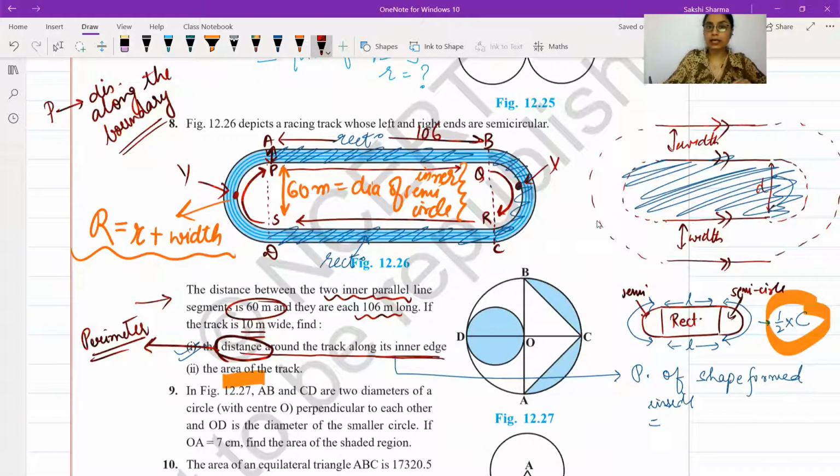So the area of this rectangle will come to 106 multiplied with 10. Similarly, the area of the rectangle at the bottom will also be equal to 1060. Now it comes down to calculating the area bound by the boundaries of these two semicircular arcs. This area we will find with our traditional way. The area of the outer semicircle minus the area of the inner semicircle, like how we used to find the area of a ring.